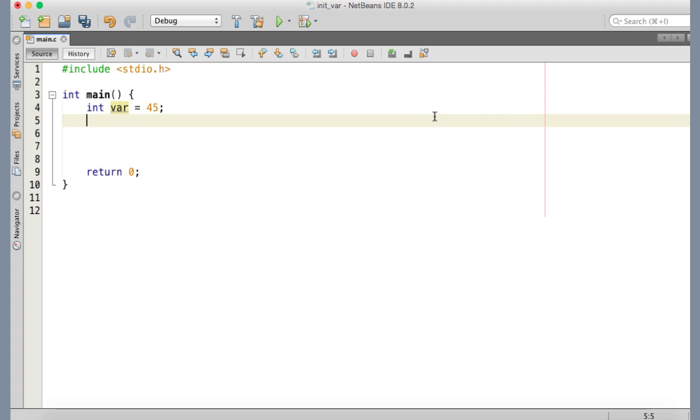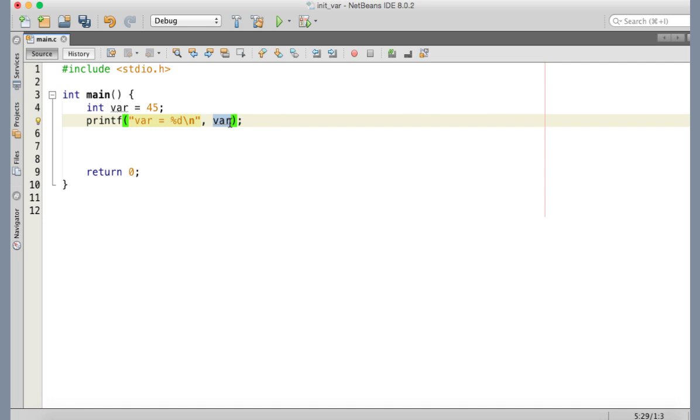Now this is the decimal value. So var contains decimal 45, and we can just print the content of var using the format specifier %d. That's the format specifier for decimal integer. Here printf receives the type information as format specifier. This %d tells the printf that it needs to print the content of the variable that is passed here as